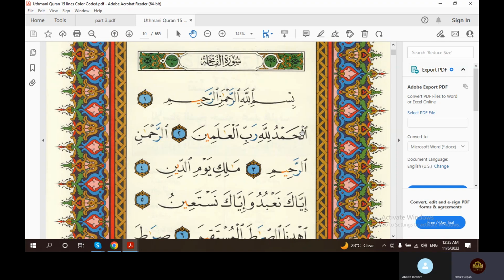An alif with the small short sign is known as Hamzatul Wasl, and the lam after Hamzatul Wasl is called Lam at-Tarif. Once you know Hamzatul Wasl and Lam at-Tarif, then check: do you read Hamzatul Wasl here or not? How do you know that? Check the Hamzatul Wasl. If it's in the beginning,